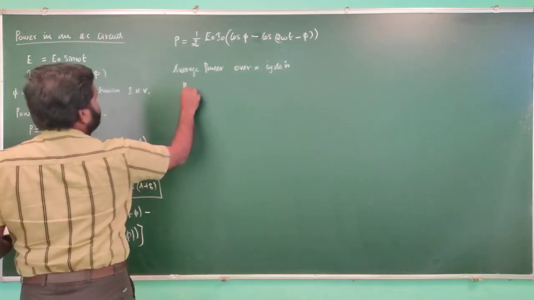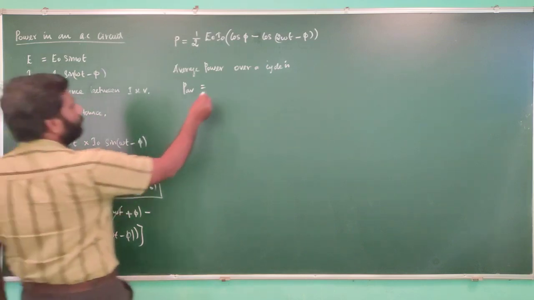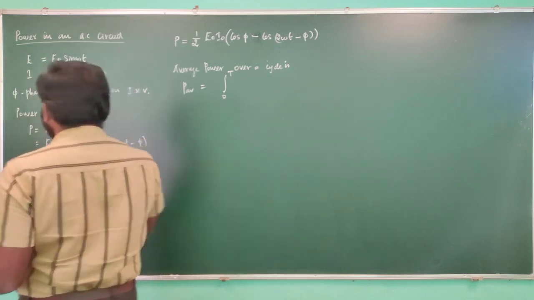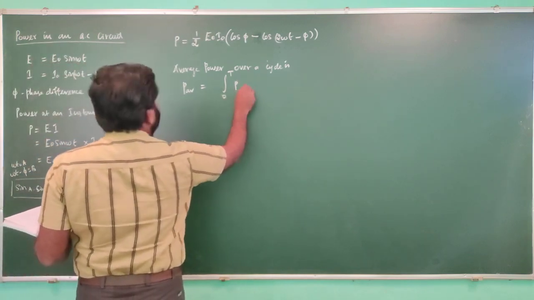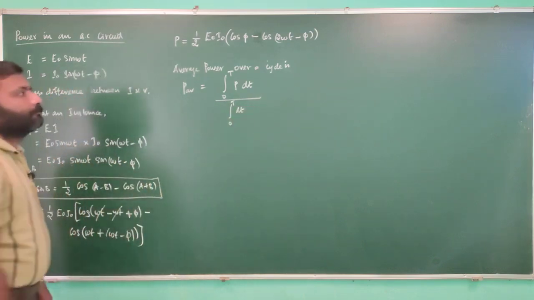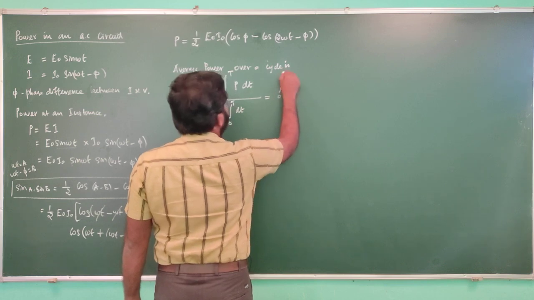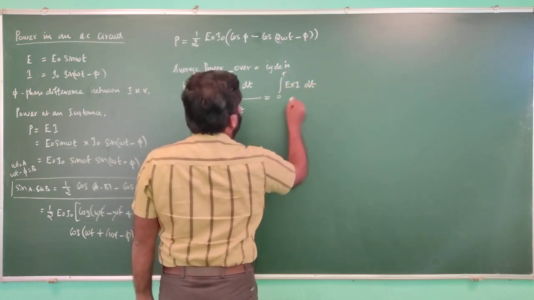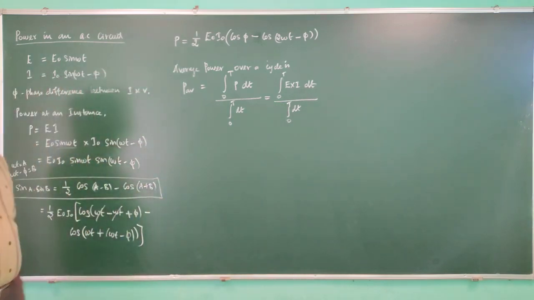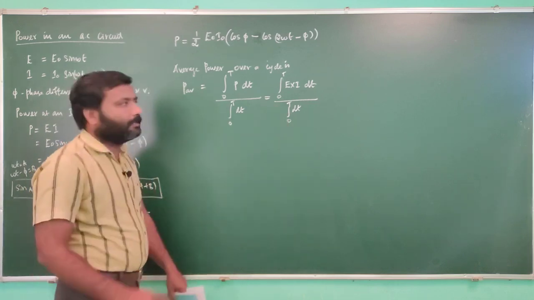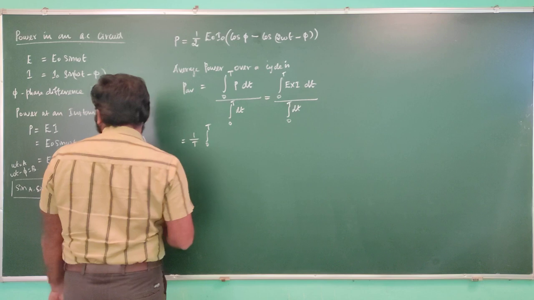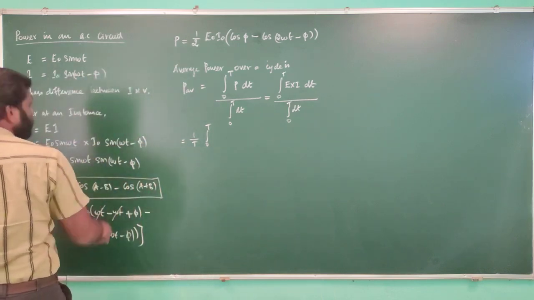P average is nothing but the integral from 0 to T of the power at any instant, P dt, divided by the integral from 0 to T of dt. The integral of dt becomes small t, and applying the limit it becomes capital T, so you can write 1 by T integral from 0 to T of the power, which becomes 1 by 2 E naught I naught,